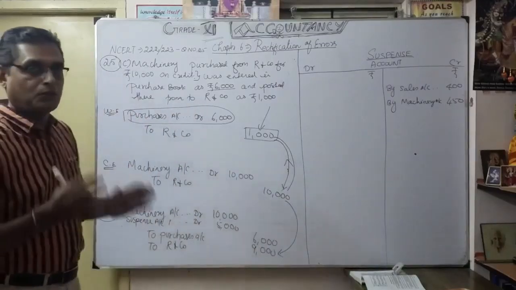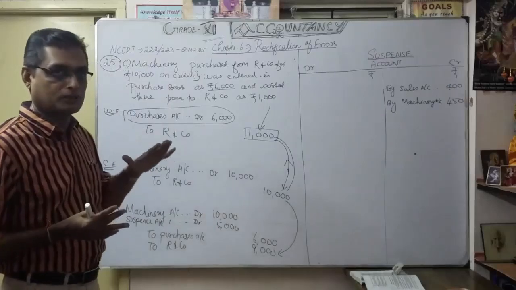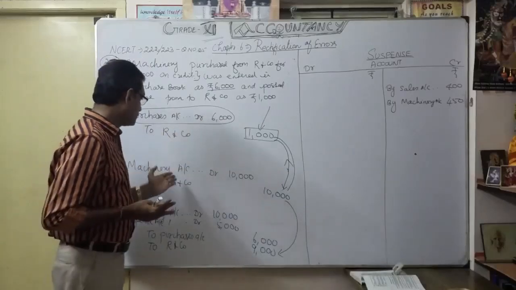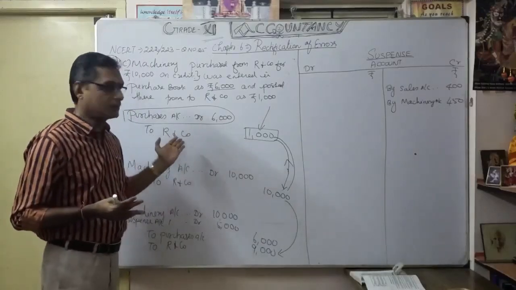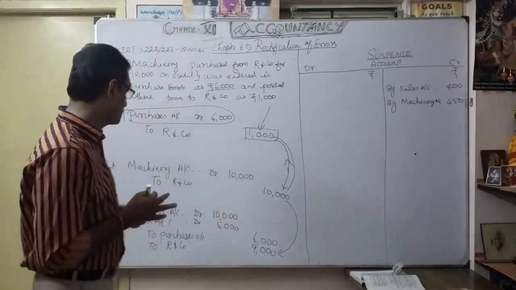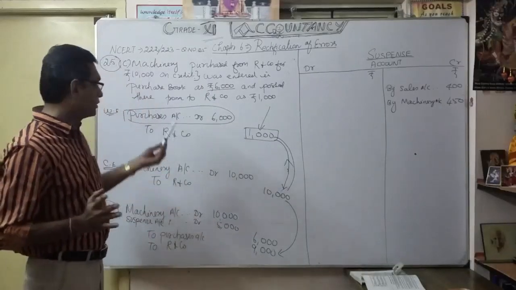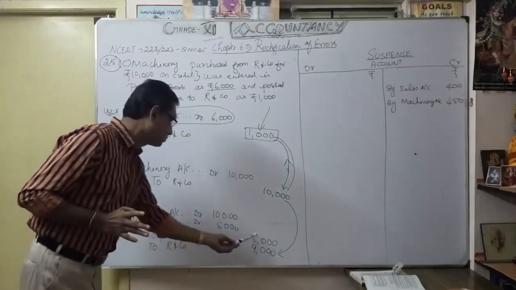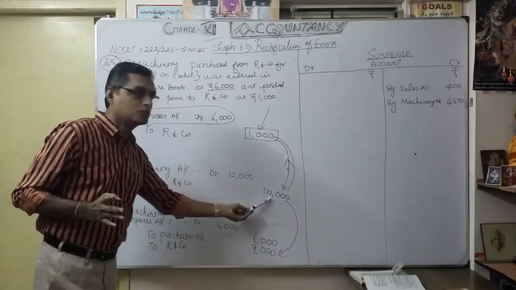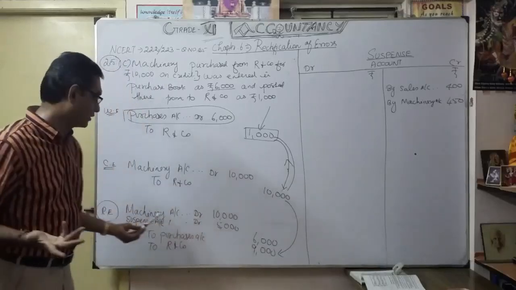This is the error of principal. Here both the debit part and credit part were posted wrongly. In the debit part, the account and also the amount are wrong. In the credit part, R&Co is correct but the amount is wrong. So they made both an error of principal and an error of commission. That's the rectification entry. First you debit the machinery account 10,000, as it is supposed to be. Earlier it was wrongly debited to the purchases account, so I want to remove the purchases credit. Earlier R&Co was credited only 1,000, actually it should be 10,000, so the difference is 9,000. The difference naturally, 5,000, is the suspense account.